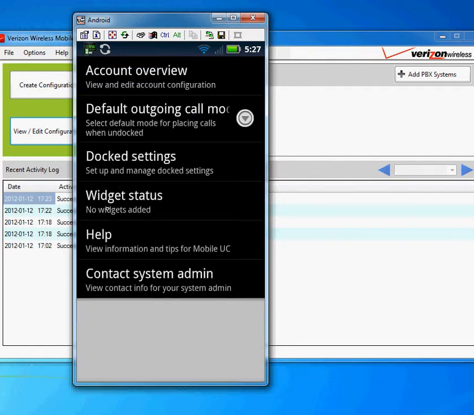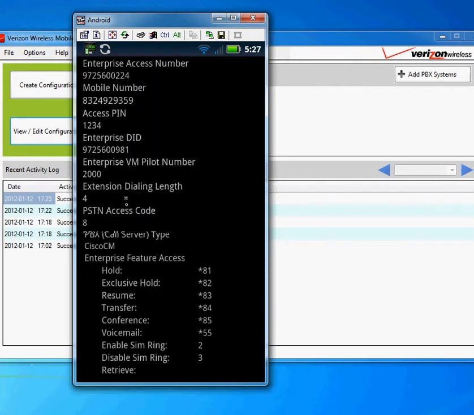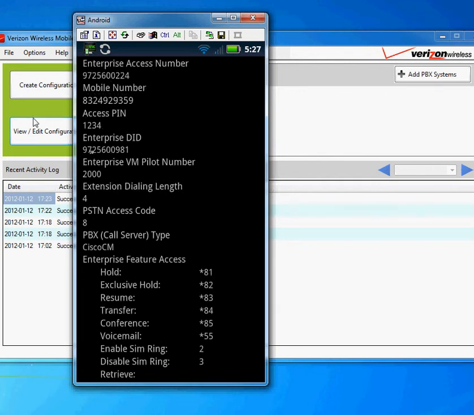Now, as soon as this app is downloaded, there's a daemon that runs in the background and becomes part of the phone application on the Android. Since I have my file in here, I'm going to click on Account Overview, and you'll see that this is auto-populated. This is all the stuff that we did back on our configuration tool, and it just pulls it in from the file. There's our enterprise feature access codes, my enterprise DID, that's my actual phone number when it's in the dock, things like that. So go back,